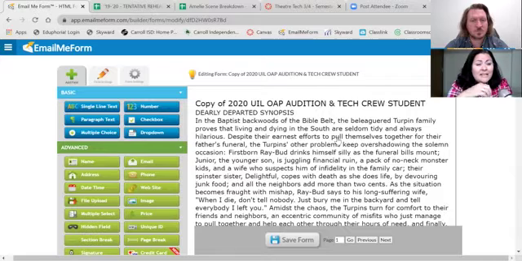And I like it because I can give certain people certain information. I don't have to give everybody all the information. So that's always good if you're dealing with boosters and helpers and things like that that don't need to have all the information. You can put notes on this. You can go through and look at their audition forms and put notes right in there. I don't do that. I still do it old style with a pencil and pen. But you can write notes directly onto their audition form with this too.